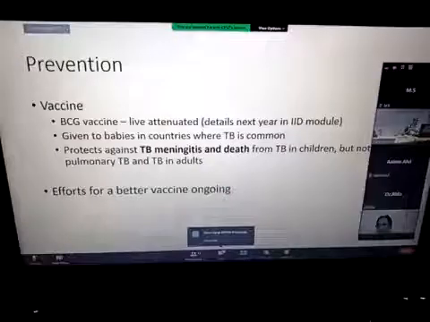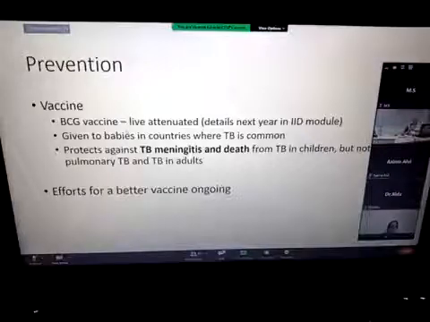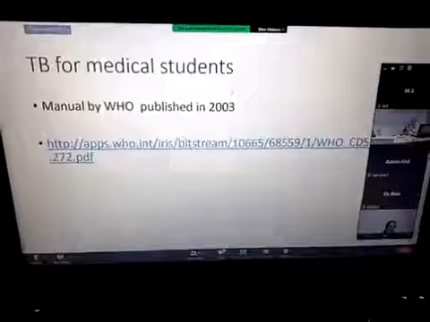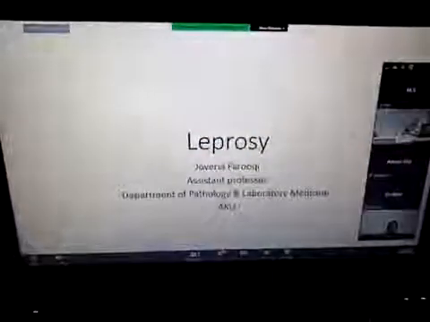How do you prevent it? Vaccination in children, because in the first year it prevents TB meningitis and disseminated TB. Okay. And obviously efforts for better vaccines are ongoing, to ensure they can be used in other at-risk populations as well. So I'm just going to be